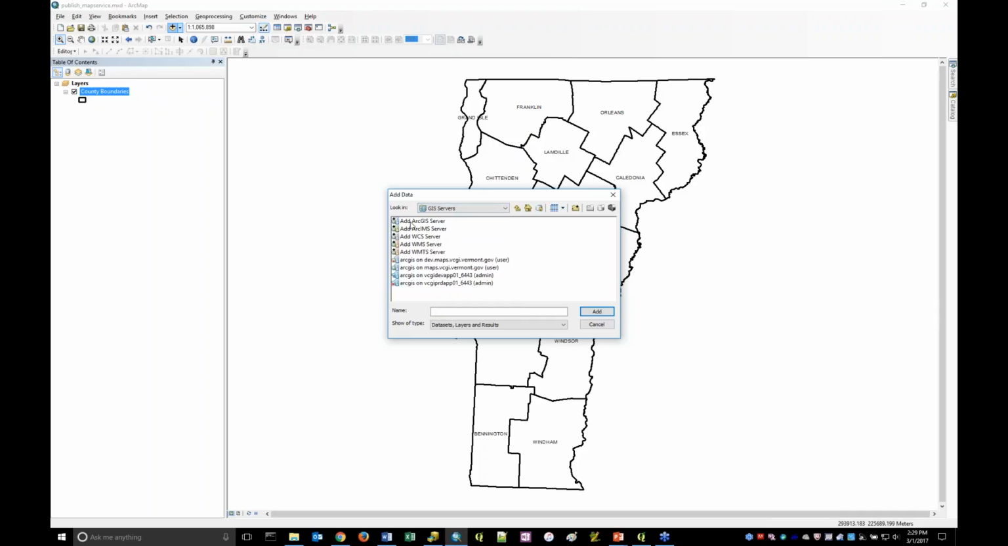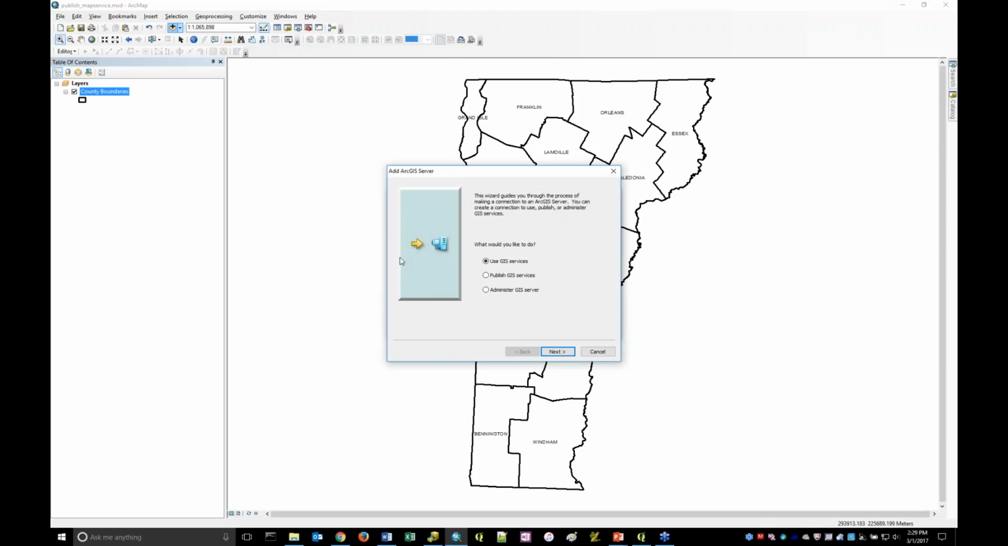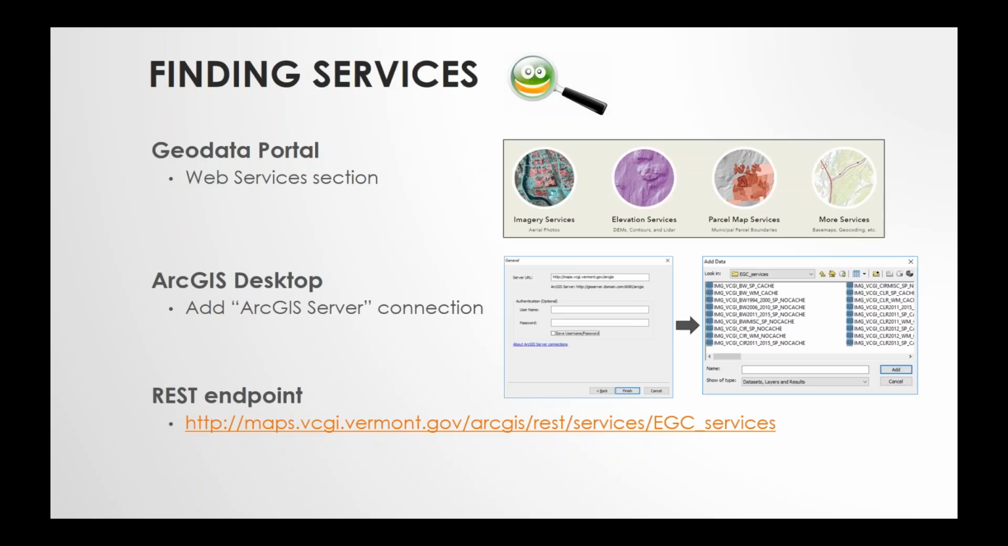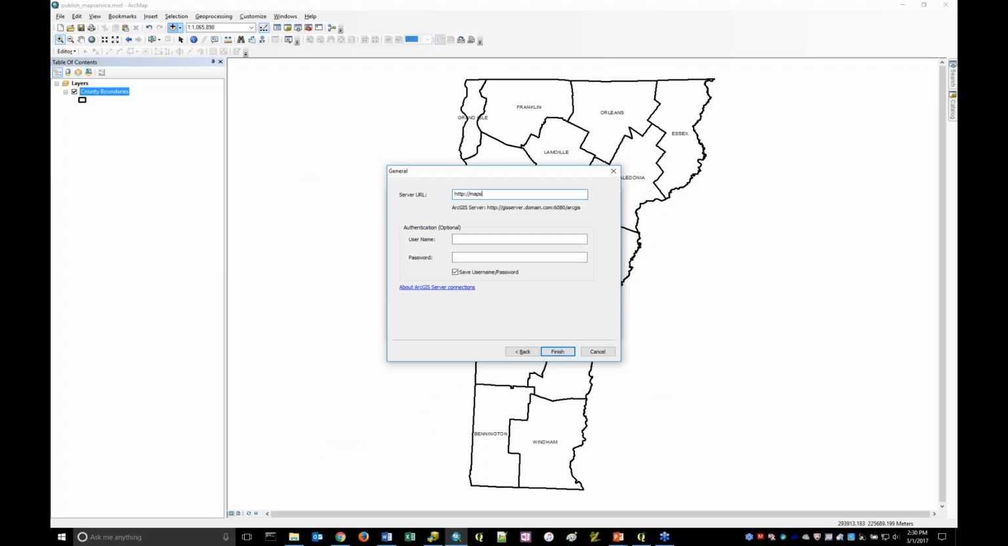I already have some set up, but I'm going to go ahead and show you real quick here. I want to use a GIS service, so I've selected Add GIS Server. I'm going to say Next on Use the Service because that's what I have permissions to access. And then in my browser, I'm going to enter the URL: maps.vcgi.vermont.gov/arcgis. This webinar is being recorded and will be shared, so you don't need to worry about writing all this down. So if I hit Finish,